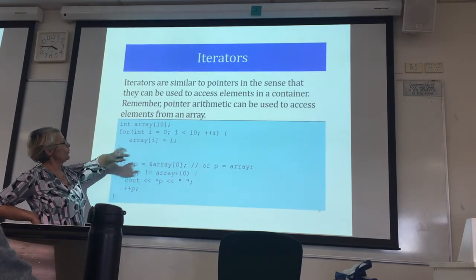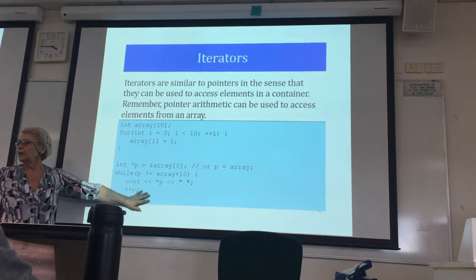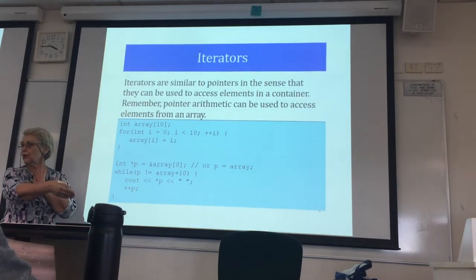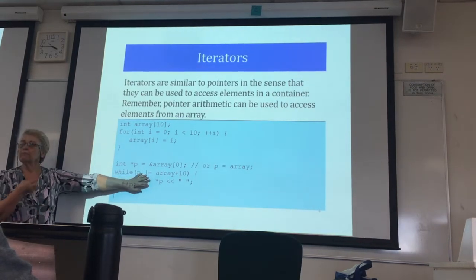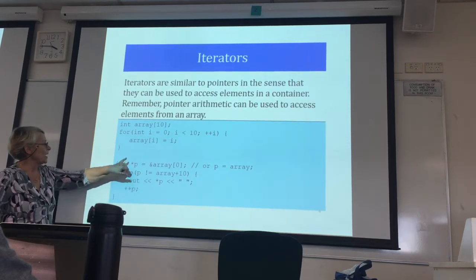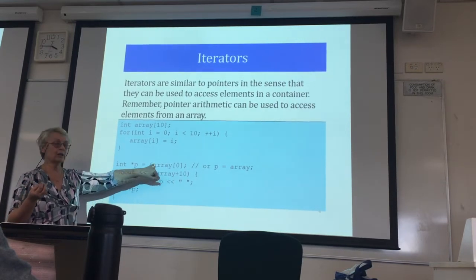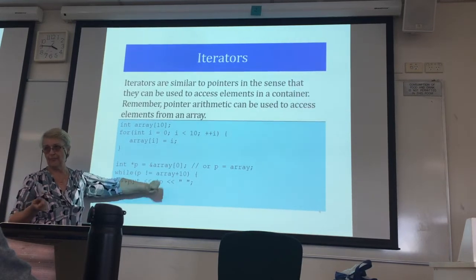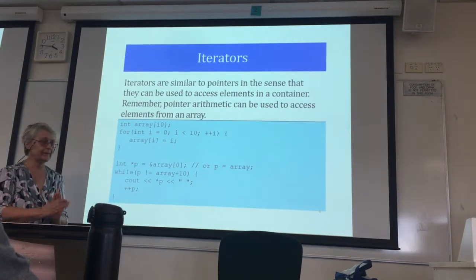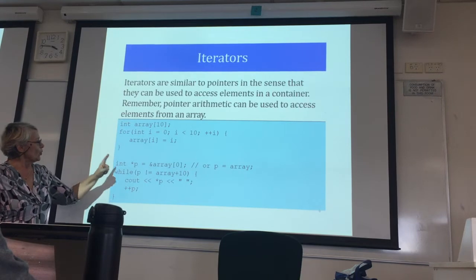Now, instead of working with index operator, we can work with a walker pointer, a pointer to move through the elements of the array. And this is the best model for what an iterator does. So we start with a pointer at the beginning of the array, at the beginning address of array 0. This is the way to do it, or this syntax, they are equivalent, right? This is what happened in C, and you know this. And then we go